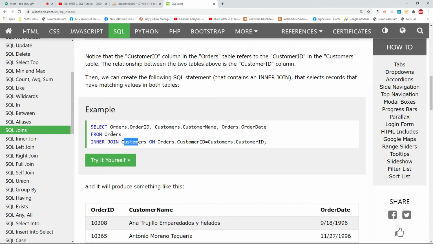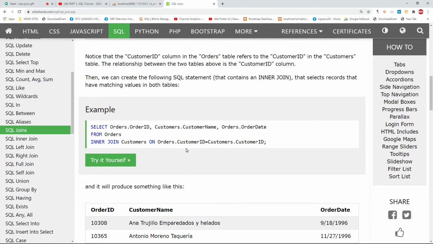Can you see? We're selecting from the first table. Then if you want to select from another table, you say inner join. So this inner join will enable you to select from the second table in the same SQL. And then you put ON. This ON will give a column that should be considered equal to each other. Remember, when you create an order,